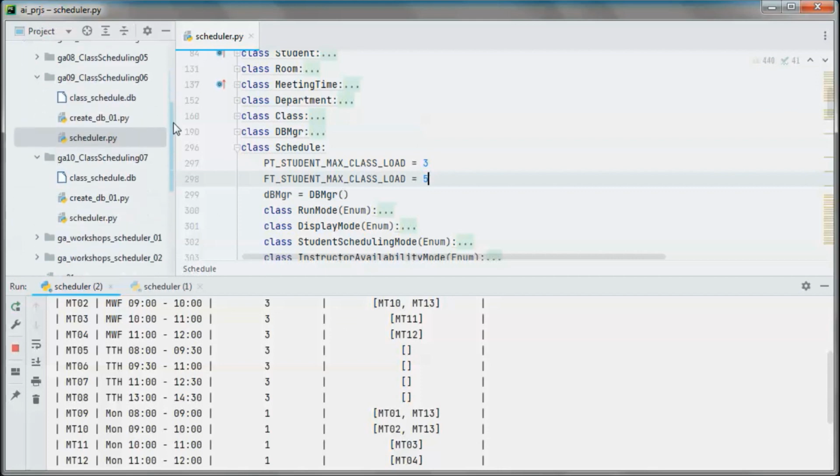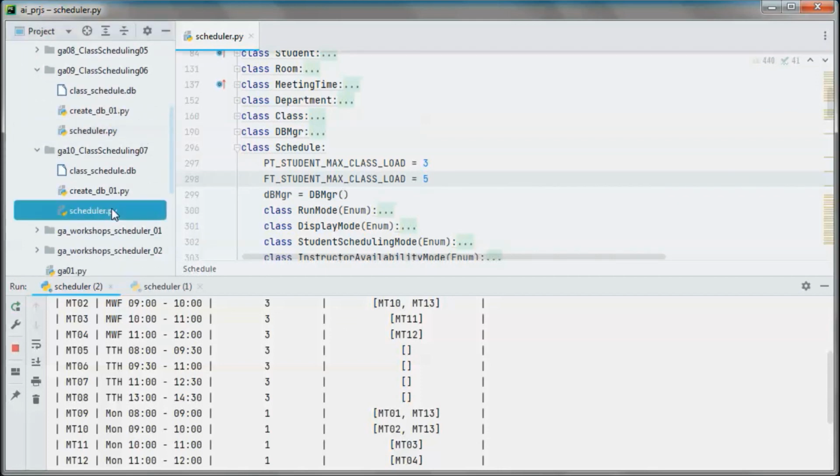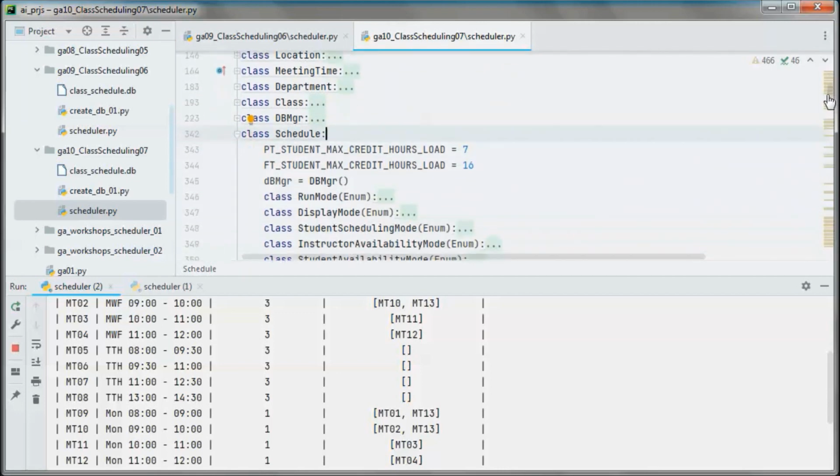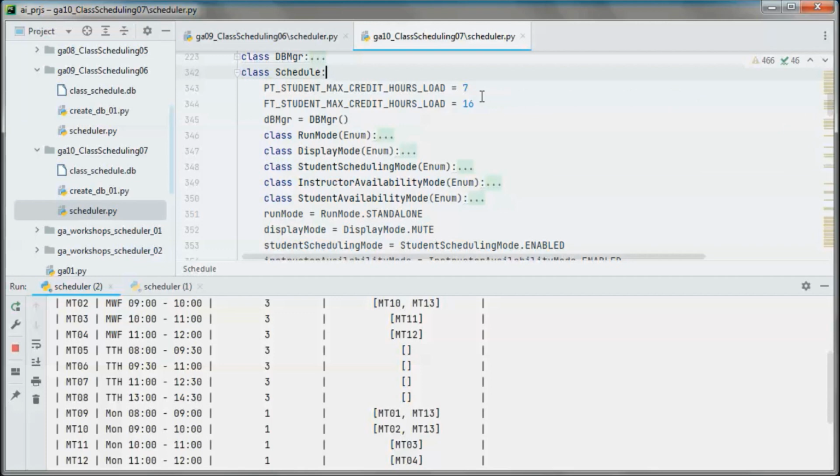Whereas here in the new version, instead of maximum number of classes, we go with maximum number of credit hour load. So for part-time students, the maximum number that they can take is 7 credit hours, and for full-time students it is 16 credit hours.